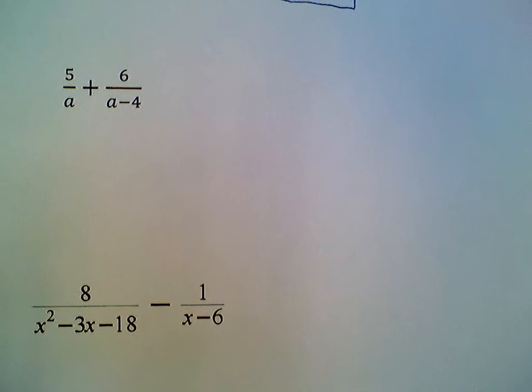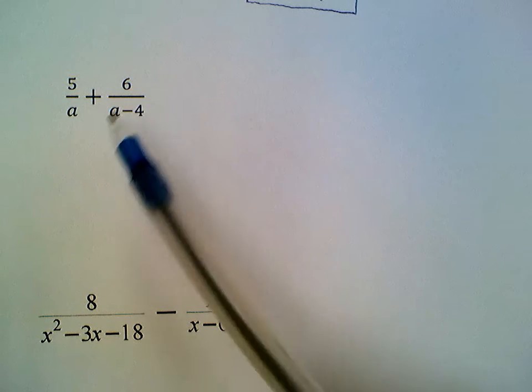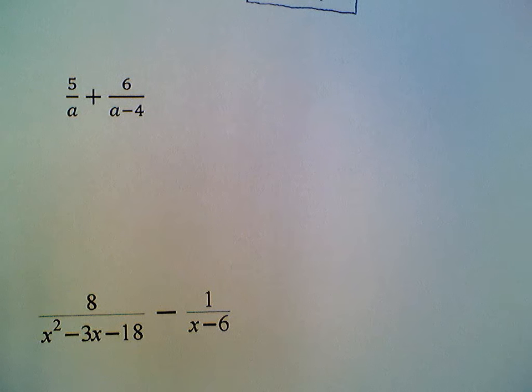Got 5 over a plus 6 over a minus 4. So once again, I need to find common denominators. Notice there's nothing I can cancel out right away, so I can't simplify the problem. So I'm just going to go ahead and try to find a common denominator right away. Now,